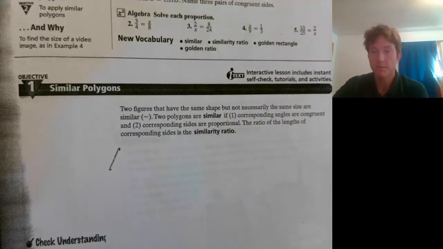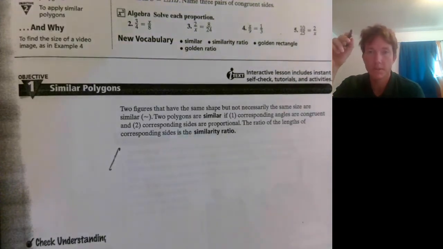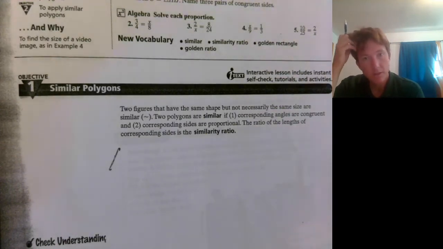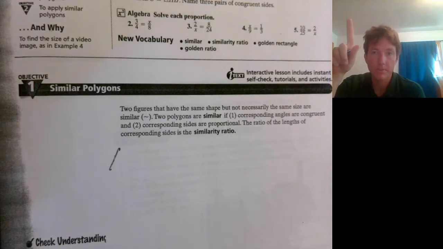Let's start out with objective 1, similar polygons. Two figures that have the same shape but not necessarily the same size are similar, and that's where they use that little squiggly line, or a tilde in Spanish. Two polygons are similar if 1. Corresponding angles are congruent, so that means all the angles are the same for one polygon as they are with the other. And 2. Corresponding sides are proportional, so that means not necessarily the same length,